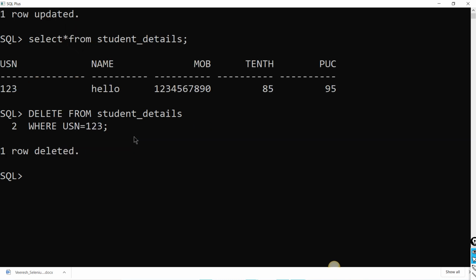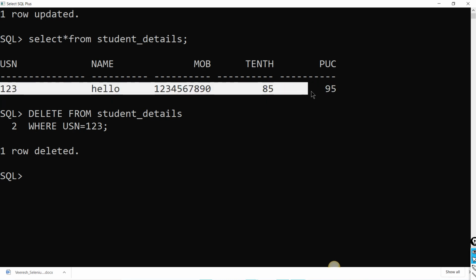Listen, very important point now, make a note. If you truncate the values that are inside the table, for example these values, then you cannot do rollback here.